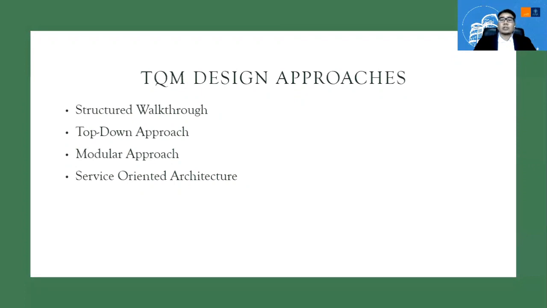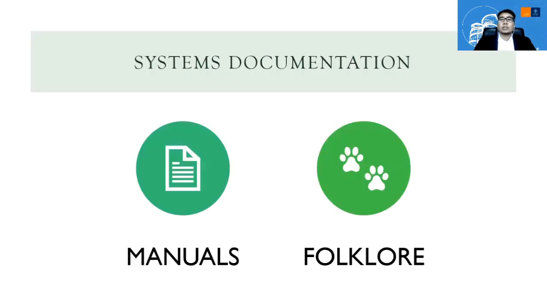The second quality assurance activity is to document our developed information systems. There are two approaches in documenting the information systems. The first one is the manual guides. It's actually structured written manuals. The advantage is that it's written in a structure and separated into several topics, so we can search each of these topics.